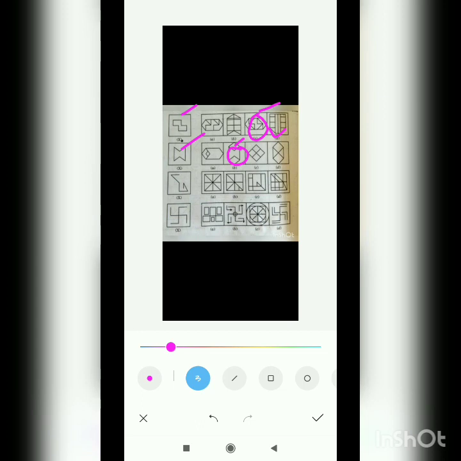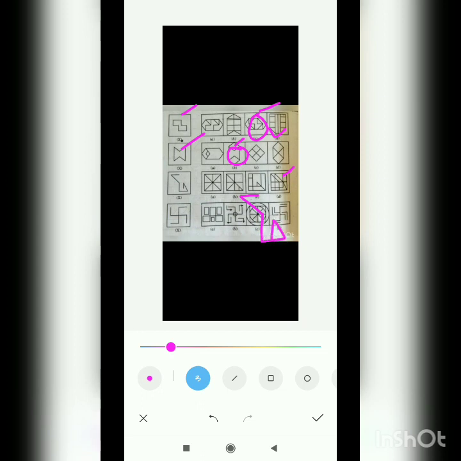Now for this one, we have to find this figure which will be embedded in any of these figures. Where it is embedded, you have to find it out. Okay, now let's find it. If you check properly, then you will be able to see that option B will be our answer. Okay, option D will be our answer. In this way it is moving.